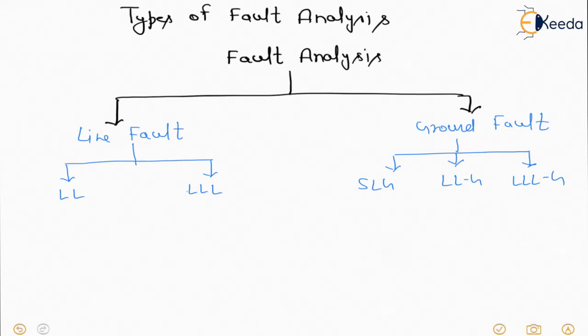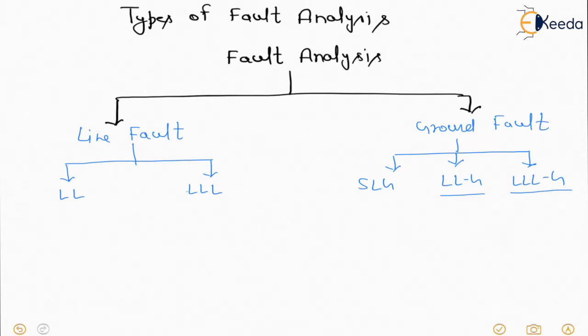We can take a few examples. If we look in villages, we can see a wood stick has been attached between the four lines, so that if a storm comes, there should not be any kind of short circuit between two conductors or three conductors. You would have seen this in the villages. And if a storm came and a tree fell onto the transmission line, that will be a triple LG fault. It could be a double LG fault.